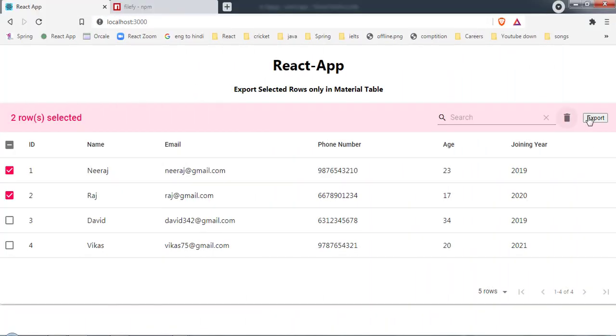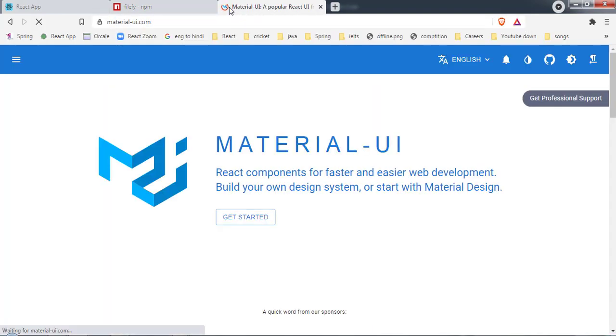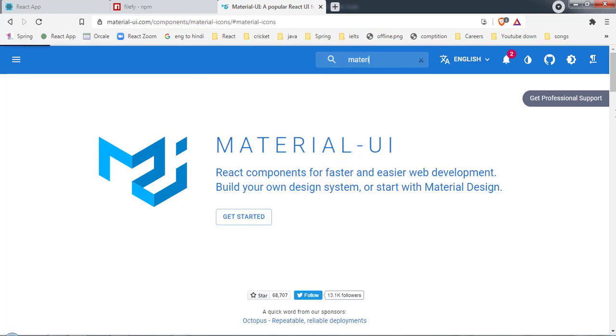So now here we are getting this export icon, so we need to get the download icon. For that let's come to the Material UI website, and from here you have to search for material icons. So here, material, and here I will get material icons. Let's go there.